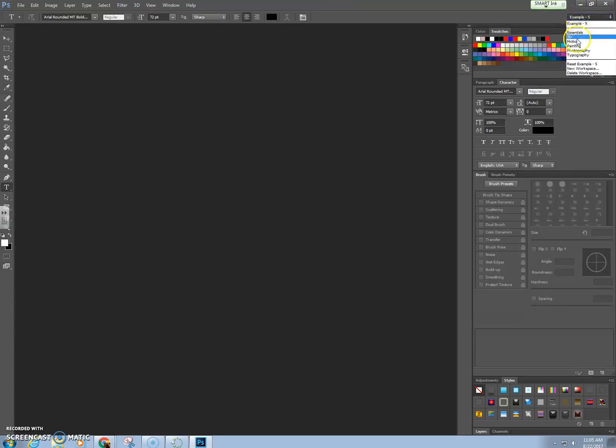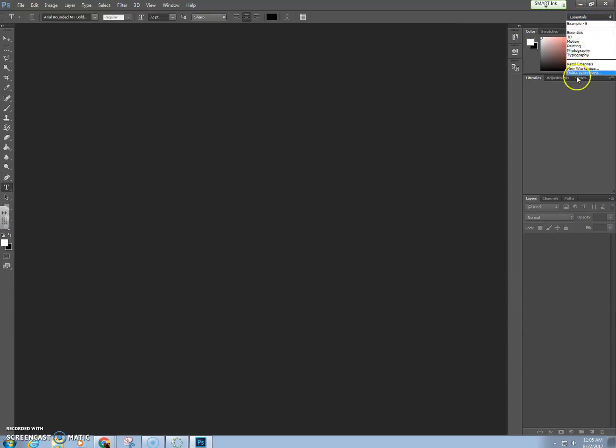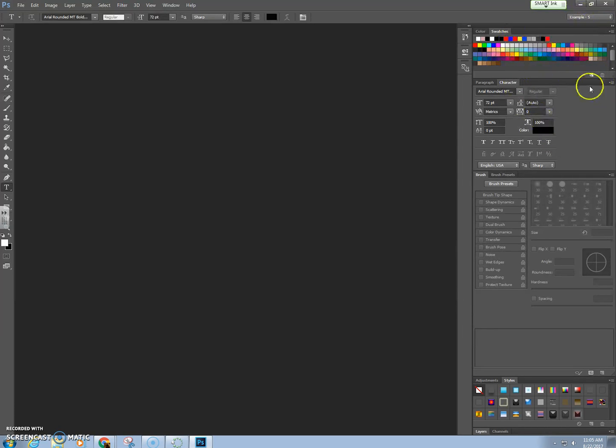Now, if you go up to Essentials, it goes back to where we were, maybe. Oh, you might have to go Reset Essentials. There you go. So you go to Essentials and Reset Essentials, or you can go to whatever you called that workspace, and it has what you just did set up on there. So you can set up your own workspace based on what they call a workflow, meaning the kinds of tools you use, the options, and panels, and all that stuff. All right. So I'm going to go ahead and